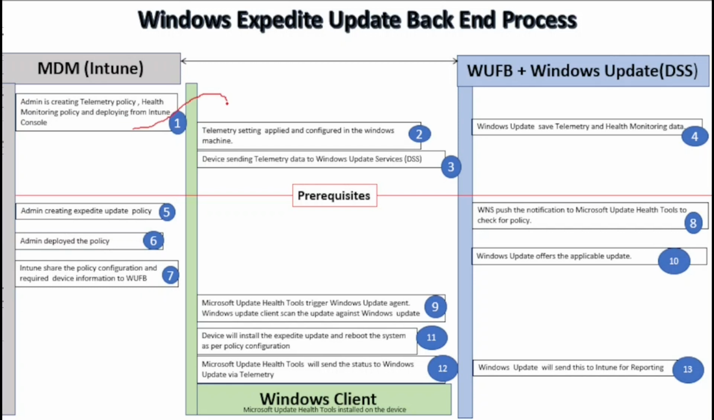And those policies should be applied and configured on the device so that the device can start sending its telemetry data to the update services. We also need to ensure that the Microsoft Windows Update Health tool is installed on the device. If the Windows Update Health tool is not installed on the device, then the Expedite update process is not going to work. So now I'm assuming that the prerequisites are already in place, and then we as an admin are going to